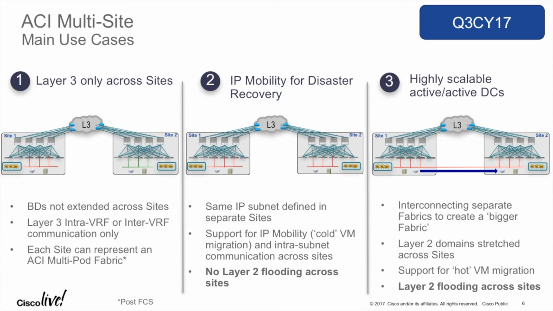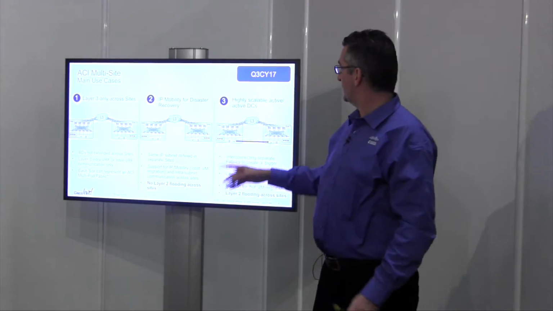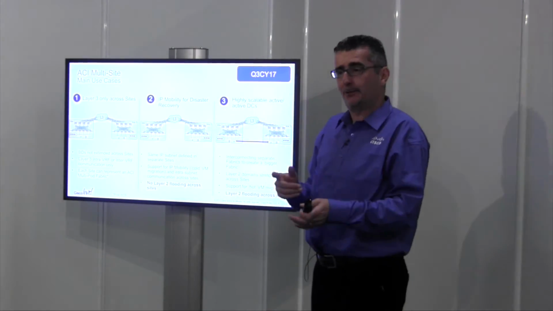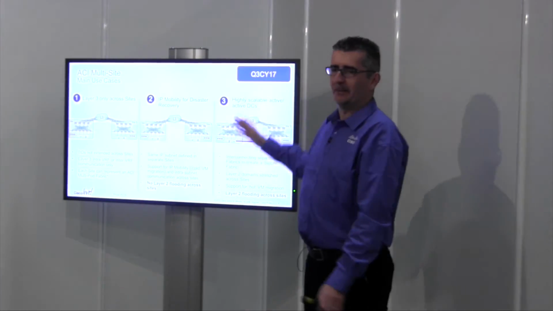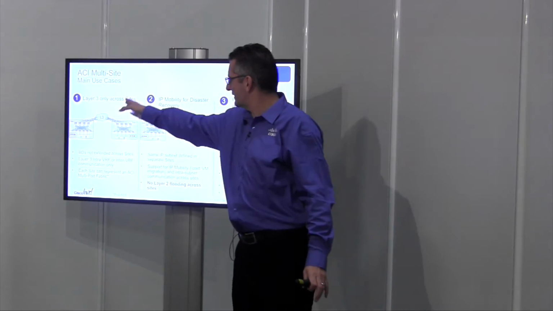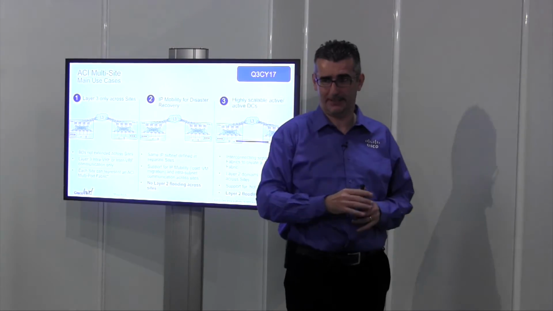That's more a use case. To me, an active data center with flooding is more a use case for multipod than for multi-site. But if we didn't do this, there would be customers saying, oh, we need to do flooding. I want to do this, and I don't know why I would use it, and it will crash, but yes, I need this now. So I prefer to say, yes, we can do it, but you shouldn't, than say, no, I cannot. Yeah, we can do it, but probably a better use of multi-site is use case 1 or use case 2. So the third one is really interesting if you have a humongous data center, right,